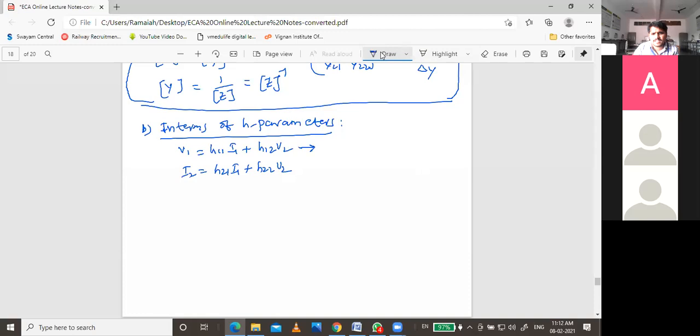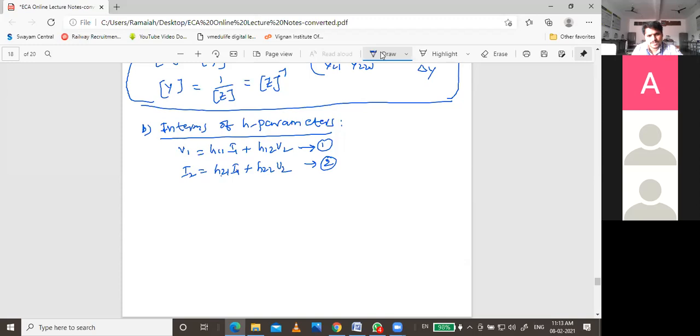That means you should not forget these parameter equations for two-port networks. Z parameter equation, Y parameter equation, H parameter equation, ABCD parameter equation. At any time you have to be ready with these equations. Without these equations, you cannot do anything. So first, I want to represent the currents I1 and I2 in terms of the H parameters. But in the I2 equation, I2 should be something into V1 plus something into V2. Yes, this is correct, but this I1 value should not be there. Instead of I1, I should get it in terms of V1.